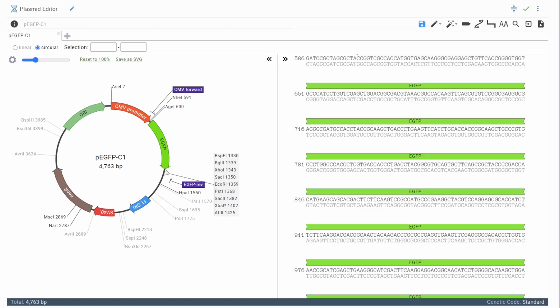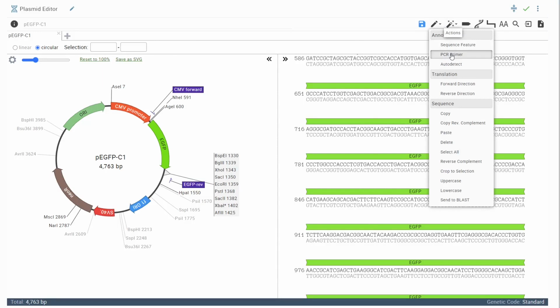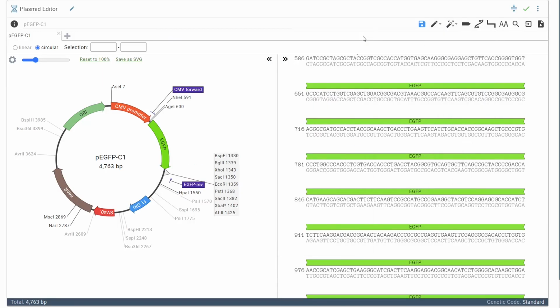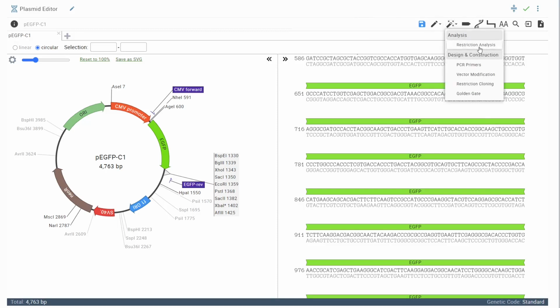Plasmid Editor provides a dialog for facilitated manual PCR primer design. Plasmid Editor also offers a fully automated PCR primer design. You can find this tool in Wizard's menu. Clicking PCR Primers